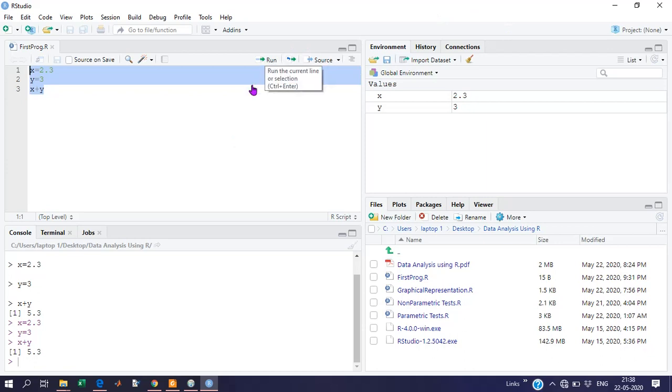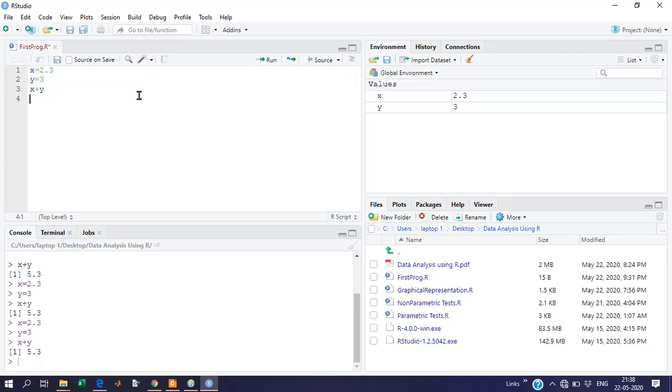You can observe the tooltip there. Okay, here are the commands. Else, if you want to run only z is equal to 3, only one line, press Control plus Enter, and it will run only that single line, z is equal to 3. So either you can use source, or selecting, or just Control Enter will be fine.